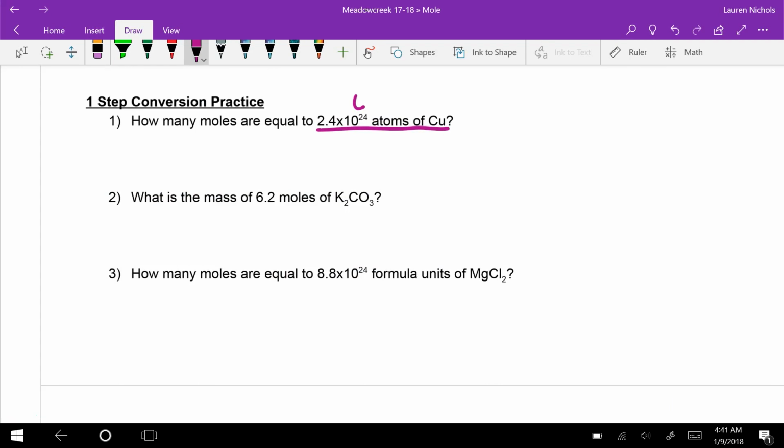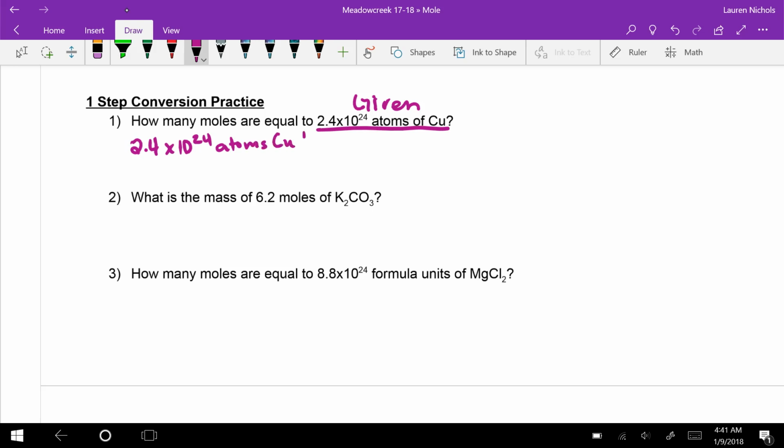So, sorry, my little thing is messing up. This is given to us, okay? So what we're going to do is we're going to start off by writing that in our t-chart. So we have 2.4 times 10 to the 24th atoms